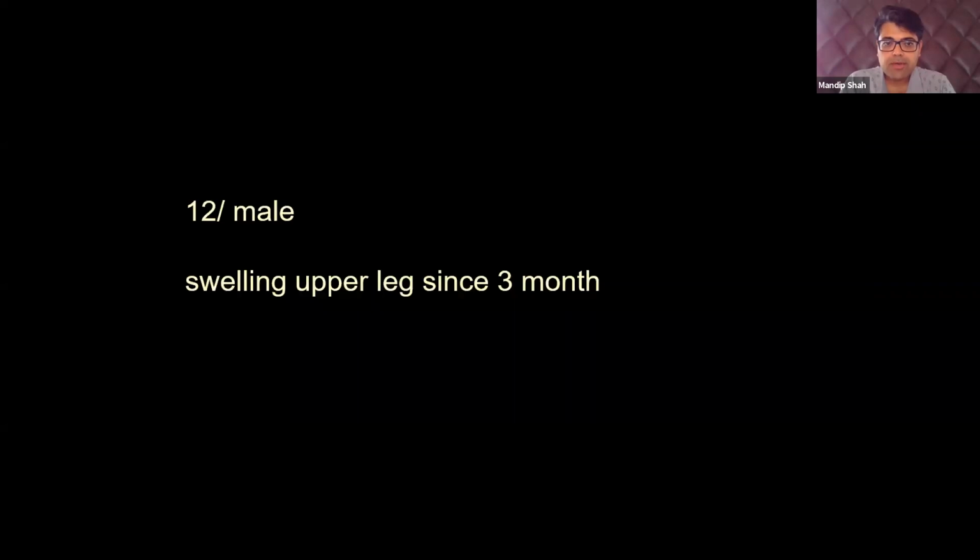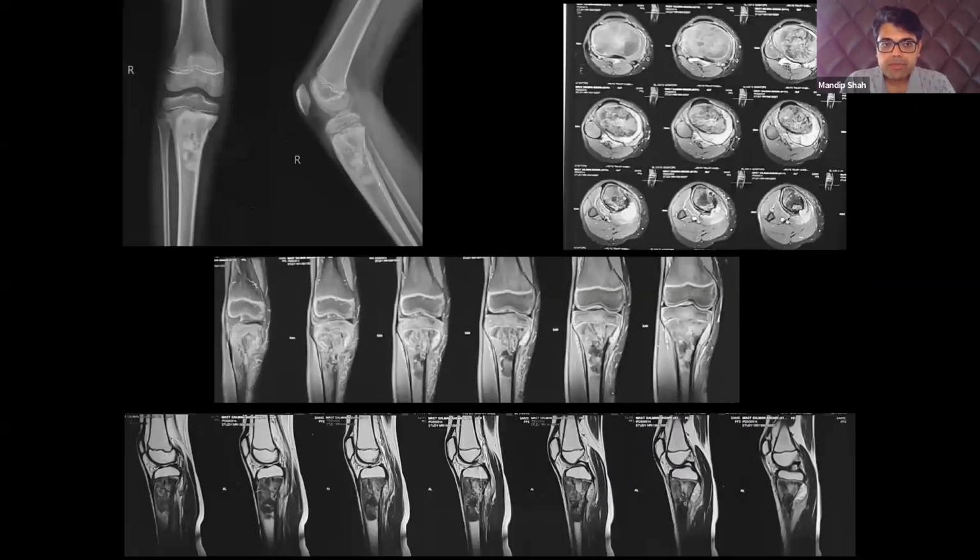Okay, now this is a 12-year-old boy. He had swelling in the upper leg for 3 months. This was the X-ray and MRI pictures. You can clearly see a lytic sclerotic lesion in the upper end of tibia in the metaphyseal region. So last time we spoke about radiology. Okay, and considering this X-ray picture,